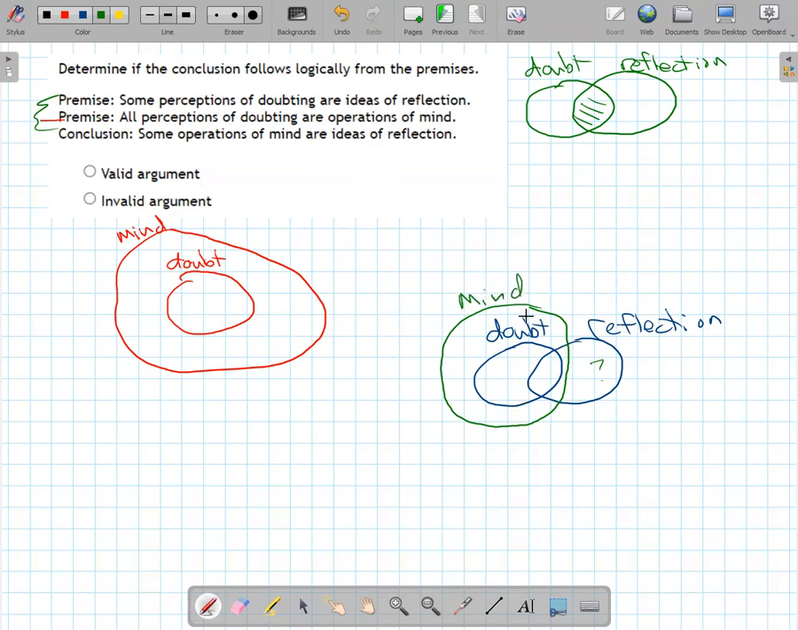Now I have to check the conclusion based on this Venn diagram. Some operations of the mind, so it's not all operations of the mind. They don't live inside of reflections just because of the way those two are connected there. So some operations of the mind are reflections of idea. That would be this overlap. So this right here is